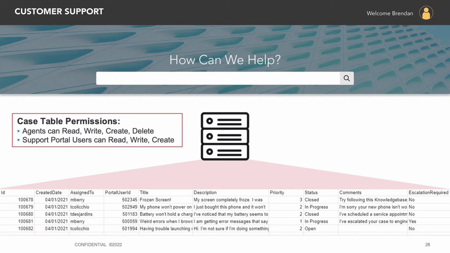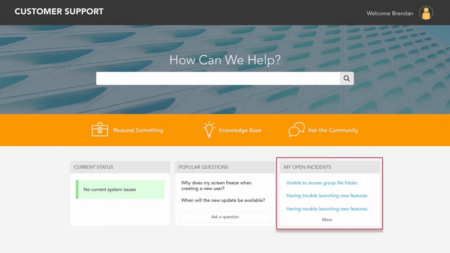And we're going to give that support user profile access to read, write, and create new cases. So we're granting these two different user identities database table access in the SaaS platform. This is important. So now when we go back to our SaaS application, and I see this support portal, there's